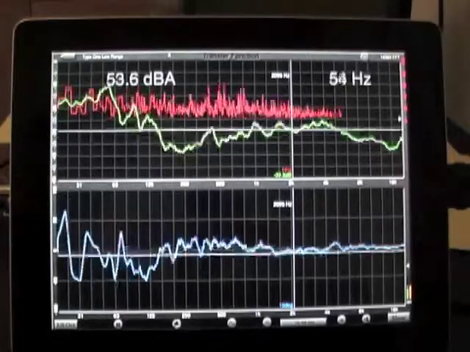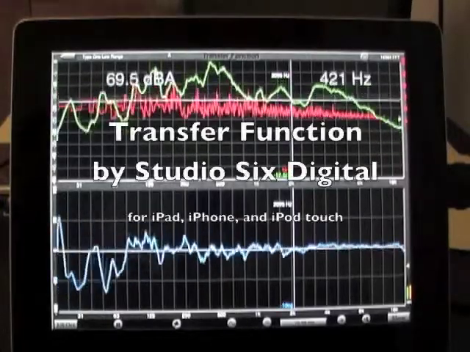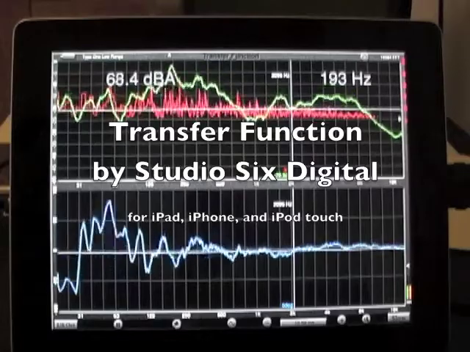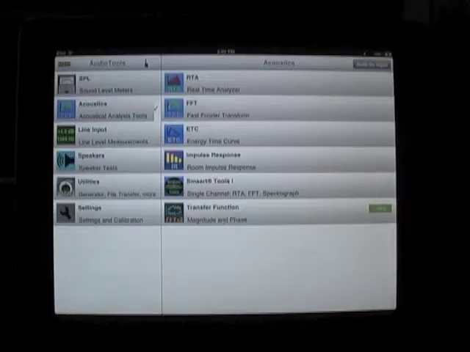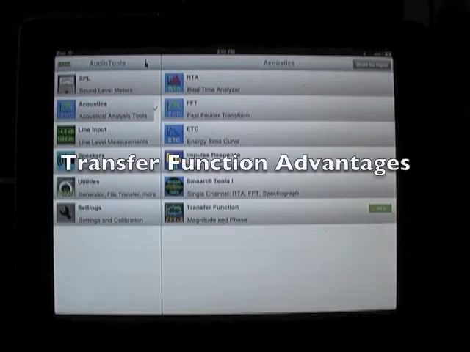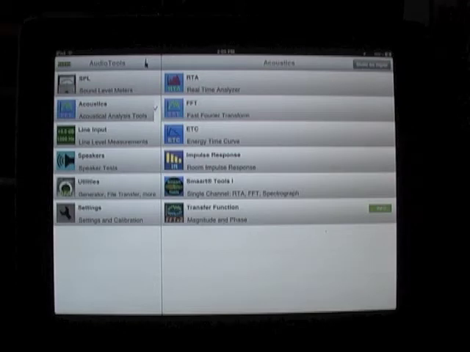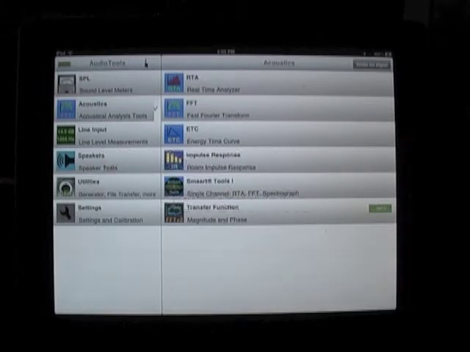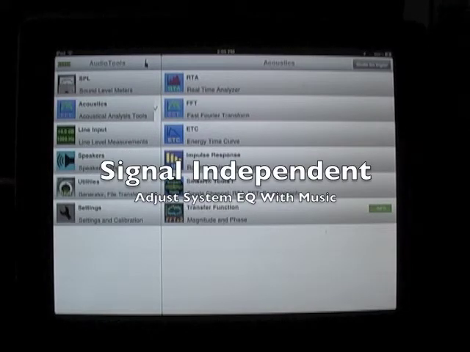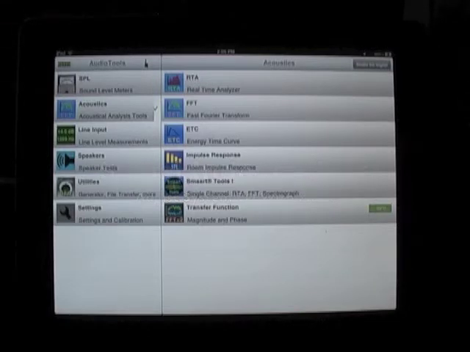This is a demonstration of Transfer Function for iOS by Studio 6 Digital, the dual-channel FFT that includes magnitude, phase, coherence, and delay finder. Transfer function is a two-channel measurement which works by mathematically subtracting the reference signal from the measurement signal. Because of this, we're able to do some great advanced measurements, including measuring the phase of a system, windowing out room reflections, and being able to adjust the EQ with program material rather than having to use pink